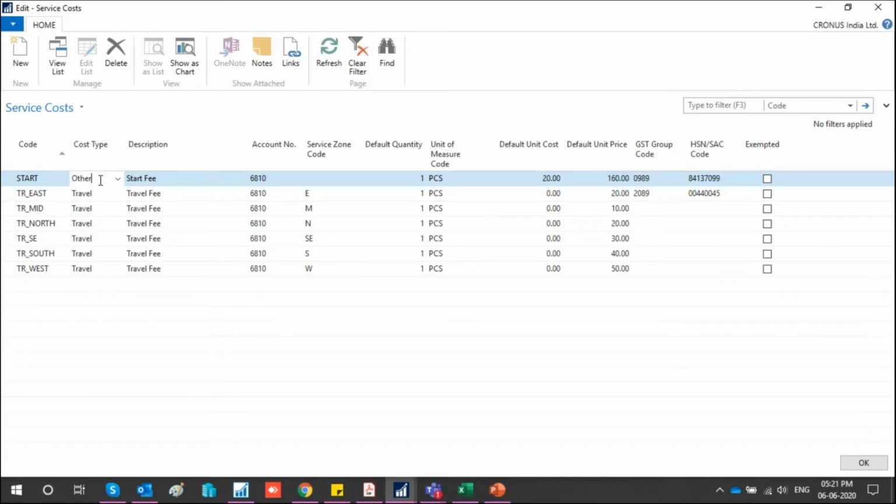For example, if I'm a field service agent, let's consider Urban Clap. If Urban Clap goes to any household for AC maintenance, let's say, then it's quite fixed that for going to the location, he will charge a travel fee of 100 rupees. Now, just for opening that particular equipment, he will charge 100 rupees more.